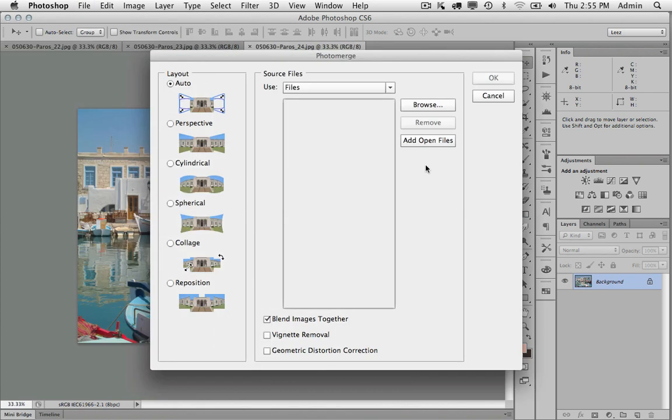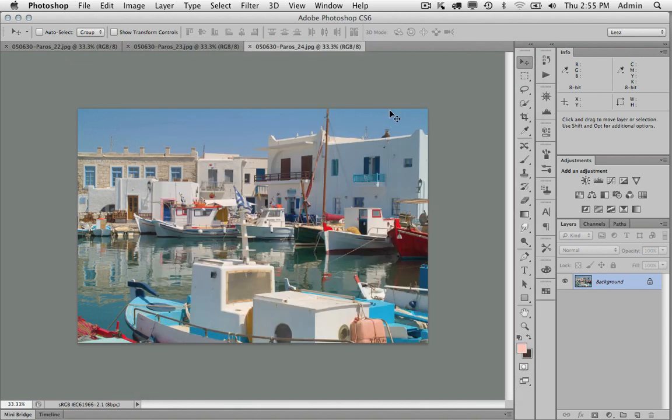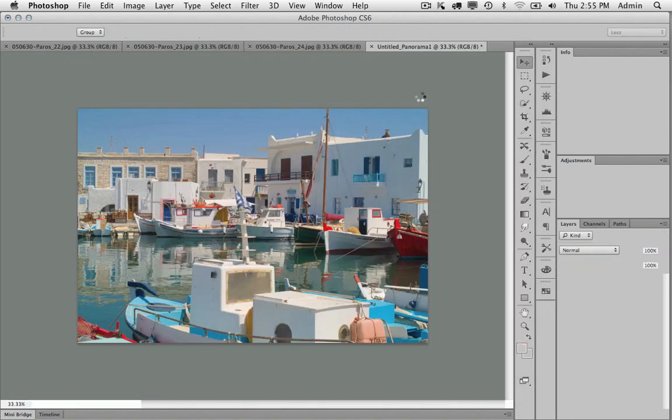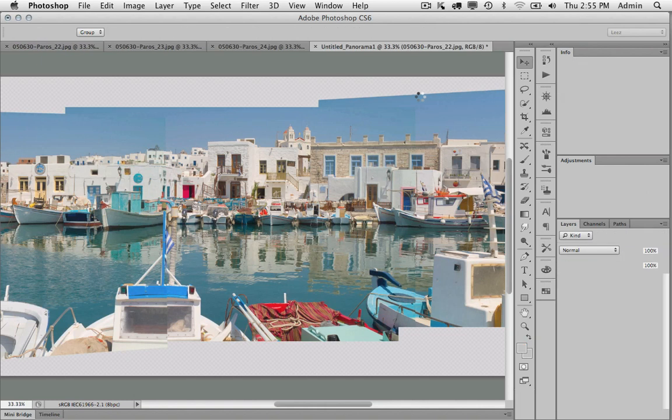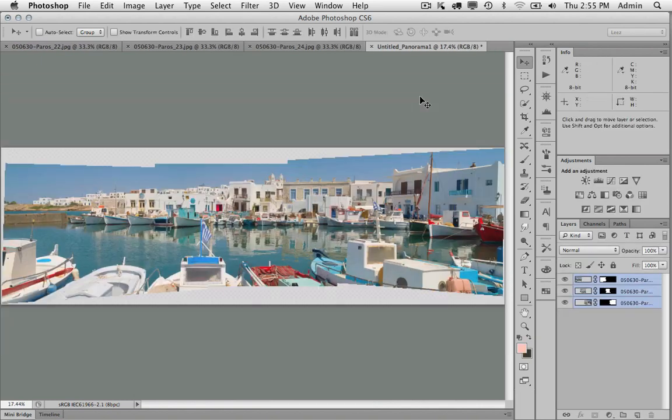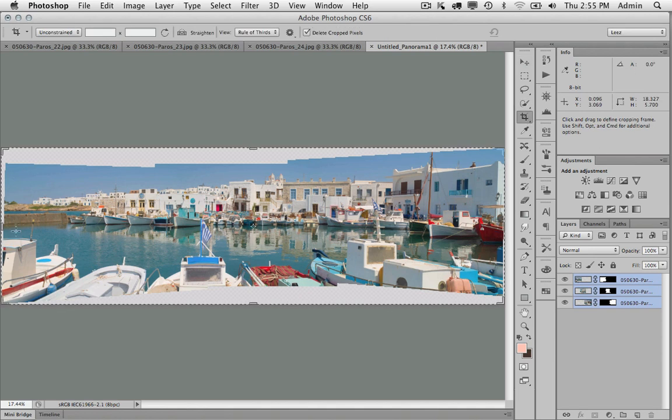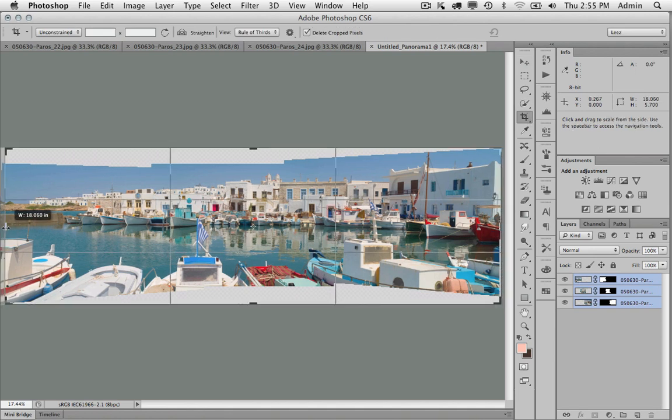And we'll add the open files. And now I've got 3 files here. We're going to blend the images together using Auto, which 9 times out of 10 that works just fine. So now Photoshop takes and makes a composite document and stitches it together. Okay. And now we have sort of the same situation as before where we need to crop out the empty parts,